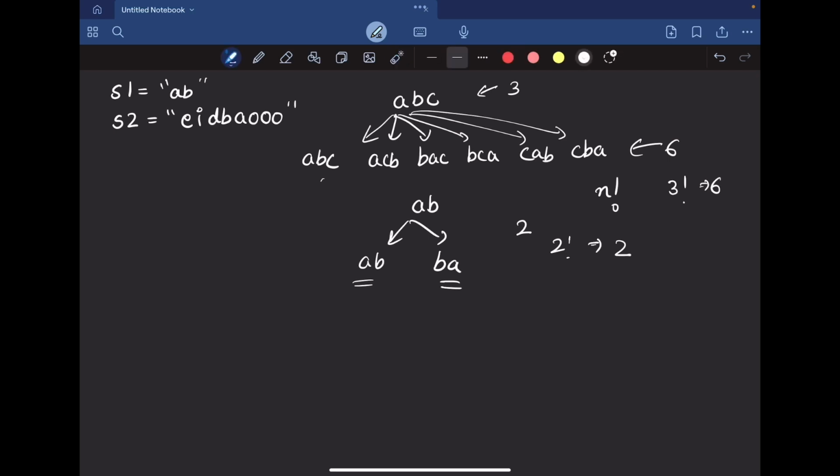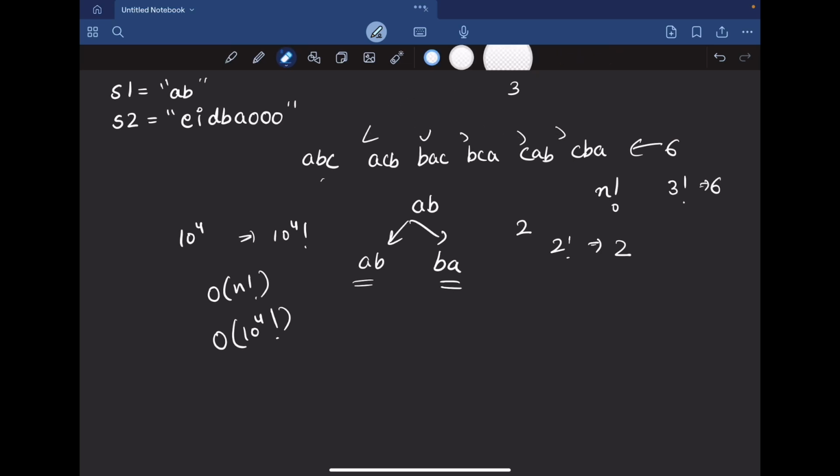Now the problem with this approach is that you will first have to find all the permutations of the string, and the maximum length of the string given in the question constraints is 10 to the power 4. So the number of permutations will be 10 to the power 4 factorial. When we find the permutations of a string, the complexity is order of n factorial. In this case it will be order of 10 to the power 4 factorial, which is a very large number. So this solution won't get accepted. We have to think of a better approach.